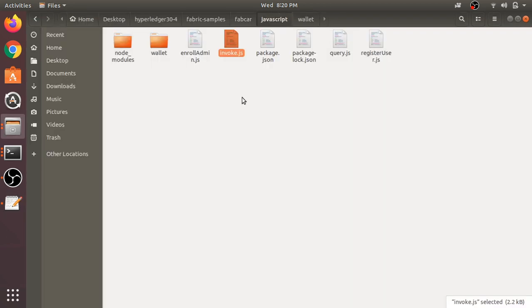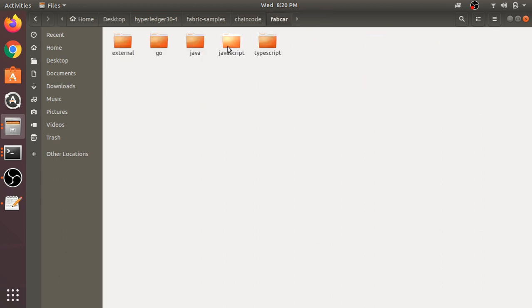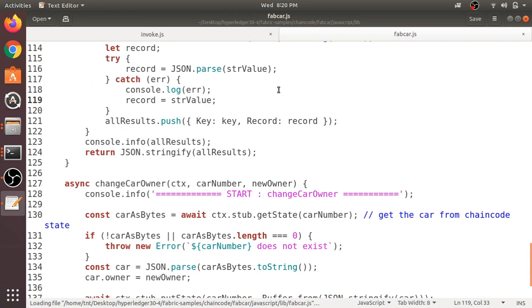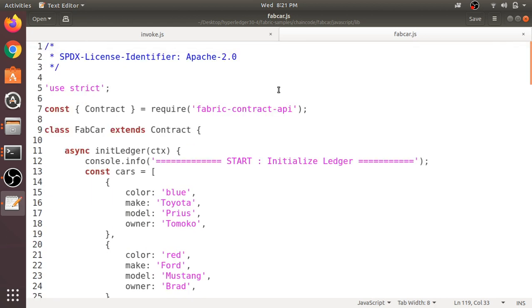So firstly we can visit the chaincode. The chaincode is available in the parent folder, fabric-samples, chaincode, then fabcar, and I am using JavaScript, so JavaScript lib fabcar.js. The fabric samples contain different chaincode versions, some in Go, Java, JavaScript, etc.